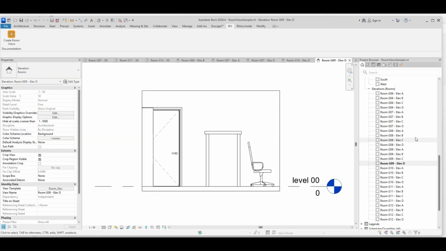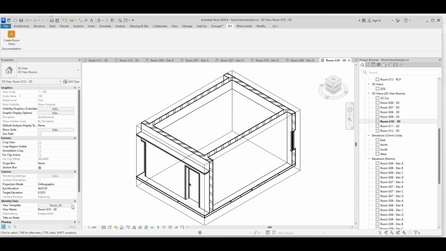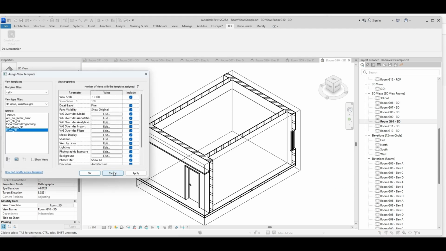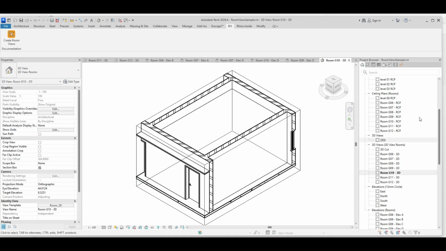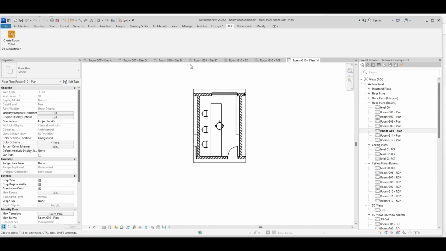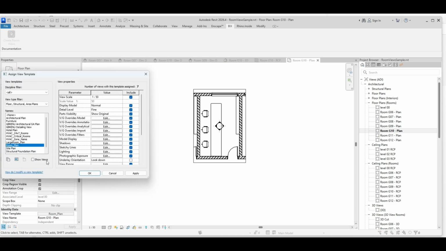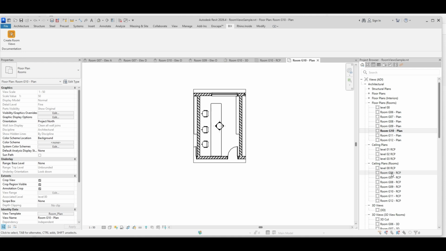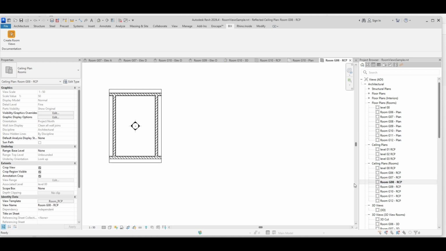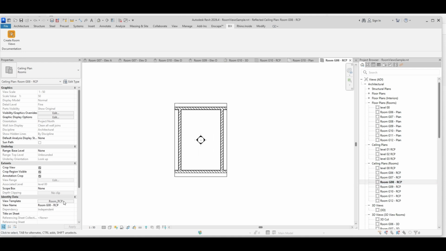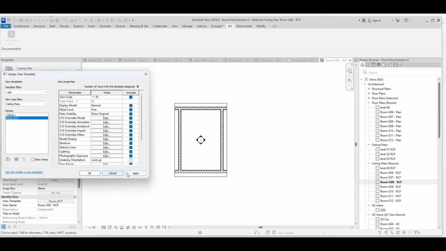To keep a consistent look and feel, the app applies existing view templates for each view type. room_elev for elevations, room_plan for plan views, room_3D for 3D views, and room_RCP for RCP views. These names are hard-coded into the app, so please use exactly these names for your own